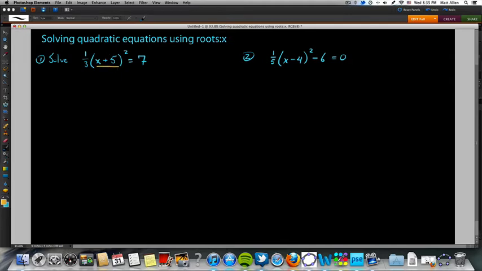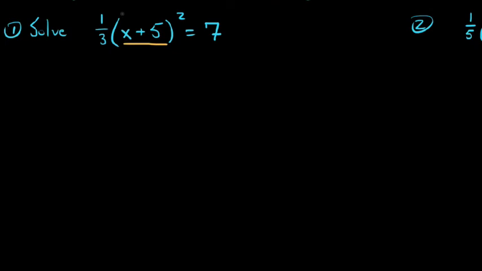Like in example number 1 on the left, we say x plus 5, that parenthetical quantity is being squared. But we have no other x's besides the one listed inside this set of parentheses. So what we can do is isolate this set of parentheses, and then use a square root to eliminate our squared. Just to give you an example of what this looks like, we'll say,